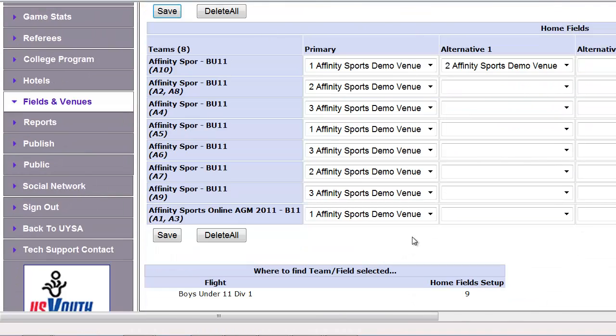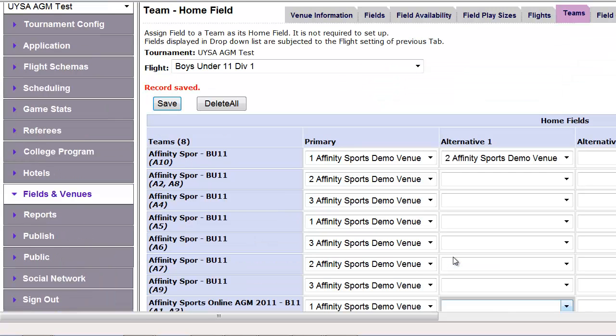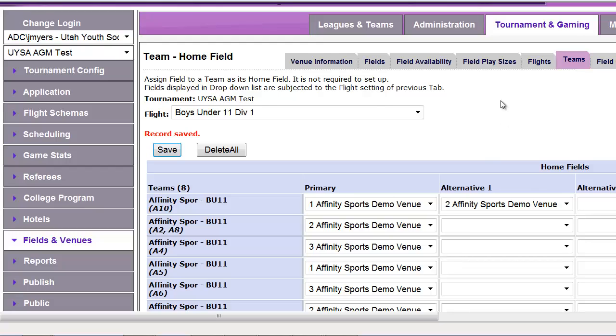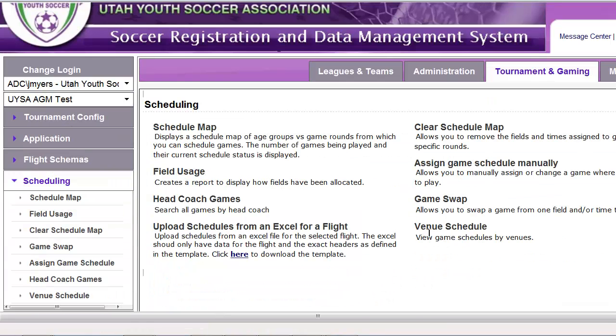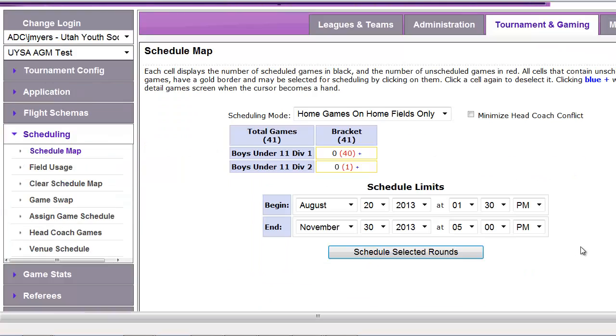Once I have a field assignment, at least one home field for all of my teams in this particular flight, I can schedule. If the system doesn't have a home field assigned to a team, it's not going to schedule any home games there. In the left-hand navigation, when I click on Scheduling and Schedule Map, there are several different